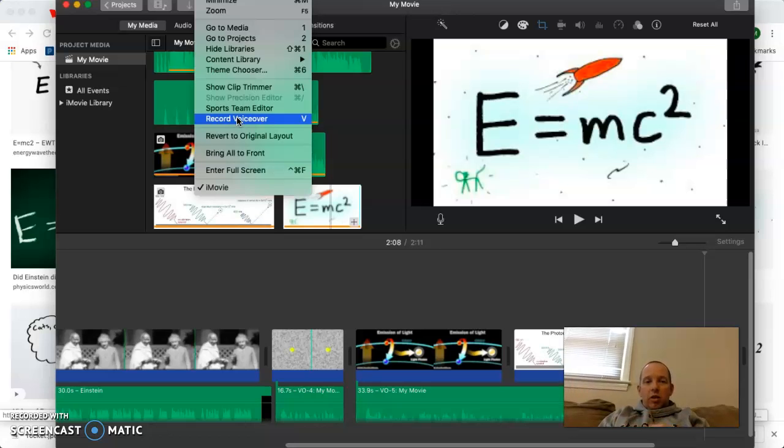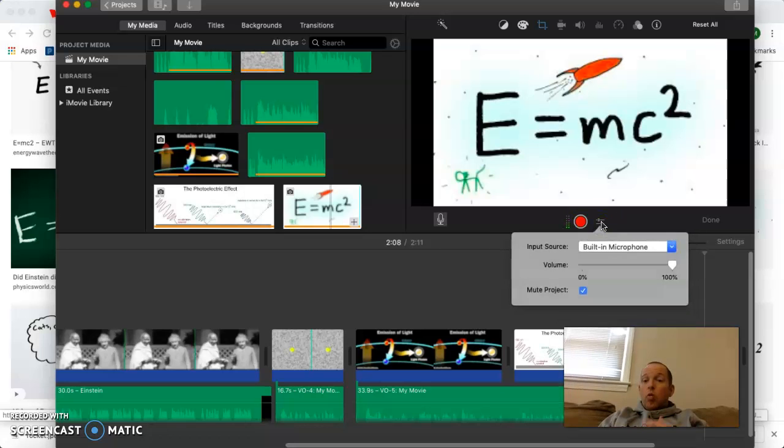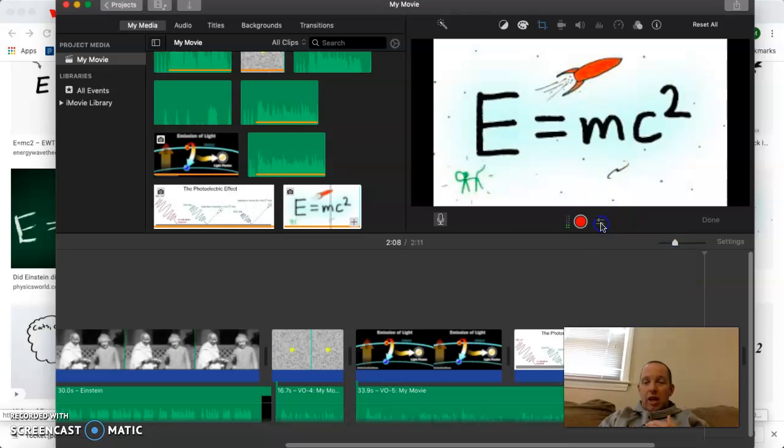So I'm going to go ahead and click Record Voiceover. I'm not actually going to do it here, but you'll notice how there's this red record button right in the middle. And you also notice how there are green bars there that are recording my voice. So that's how you know that the audio is coming through. There may be a circumstance where you need to specify in this menu right here what your input source is, and you want to choose the built-in microphone. That's the microphone that comes with your computer. So once I do that, I'm just going to hit record